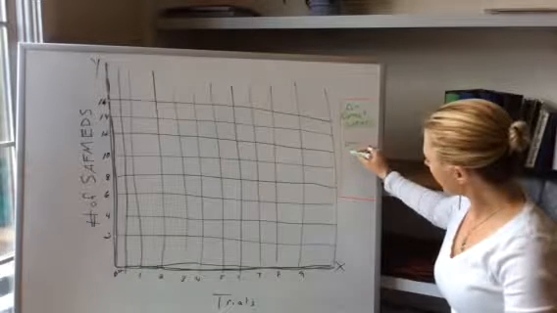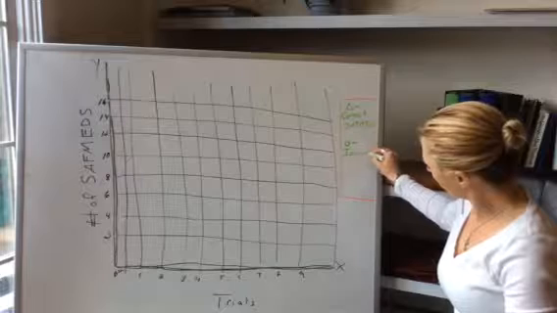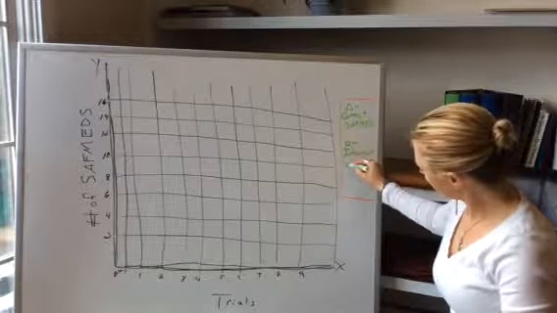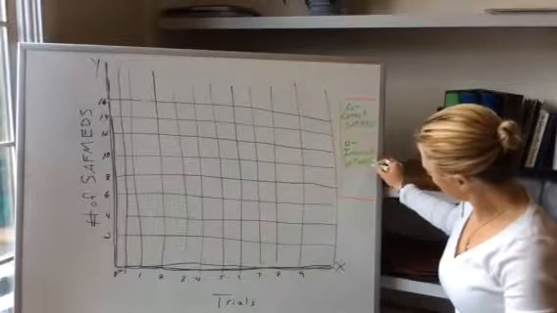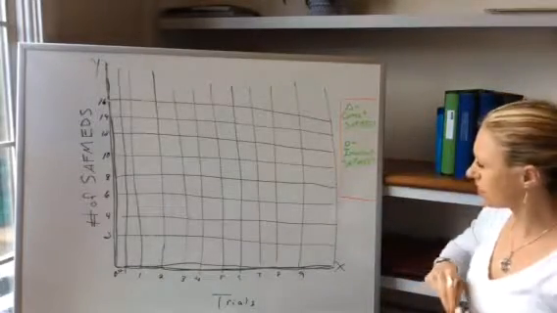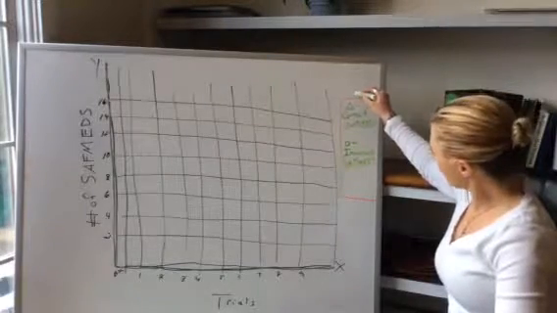The circle is going to be incorrect SAFMEDs. Okay. All right, and this should have a title, key,